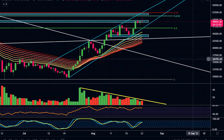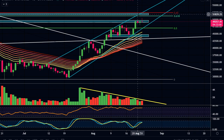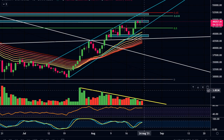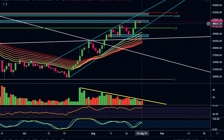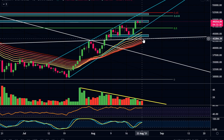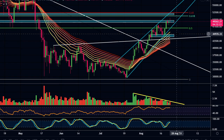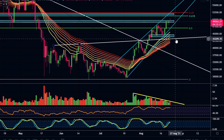And again, the main thing I'll be watching is this trend line on the volume and just watching this channel. And if we are to break down or break up, and with significant volume on breaking this trend line, it might indicate a bigger pullback rather than a bounce off the trend line. And again, to the downside, I do think this daily ribbon will hold. And we also have that weekly EMA ribbon support. And again, I do think this trend line would be a possible target here, which would be around the 43,000